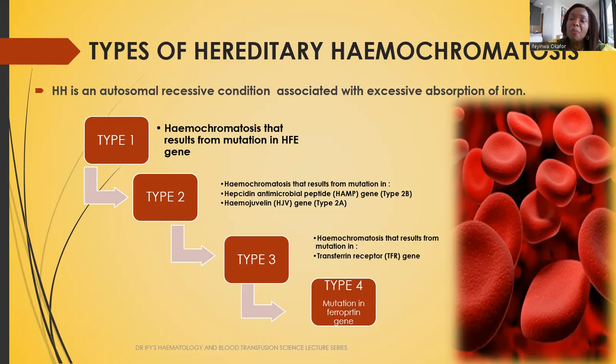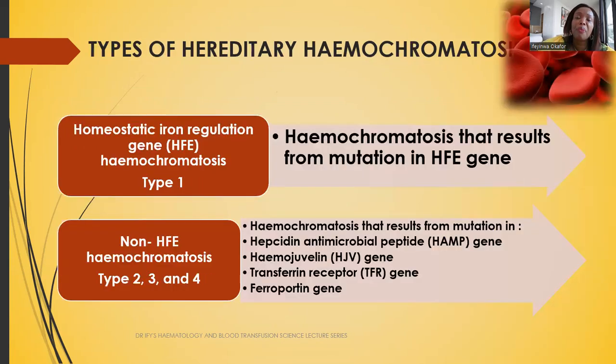Another type of hemochromatosis is type 3 hereditary hemochromatosis. Type 3 hereditary hemochromatosis occurs as a result of mutation in the transferrin receptor gene, while type 4 hemochromatosis occurs as a result of mutation in the ferroportin gene. Now, the hereditary hemochromatosis, type 1, type 2, type 3, type 4, as I mentioned earlier, can be